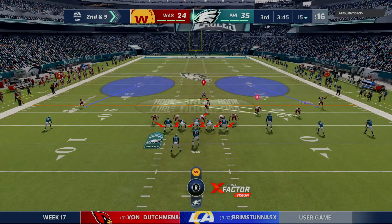Trey 15, Trey 15. You got to get the ball. Get the ball